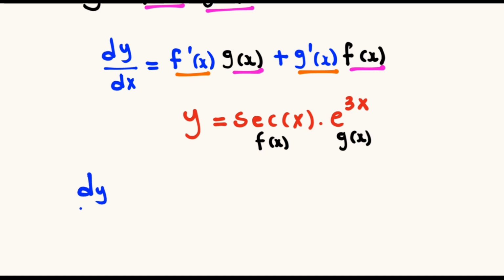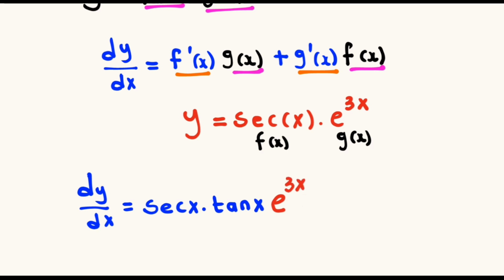So the derivative of y with respect to x will be equal to the derivative of the sec of x, which is sec of x multiplied by tan x, and we multiply this by the original function, the g of x, which is the e raised to the power 3x,